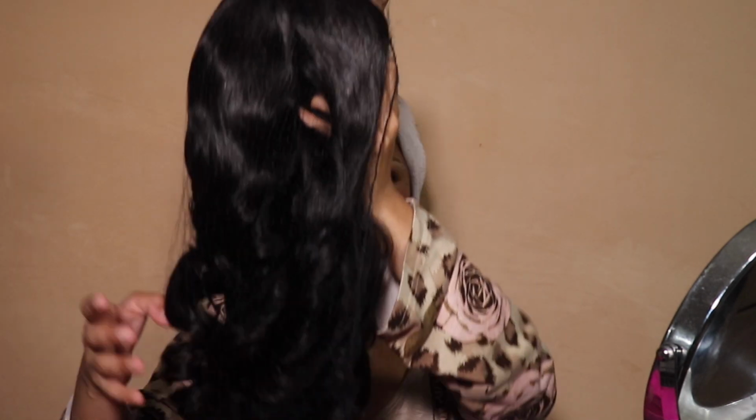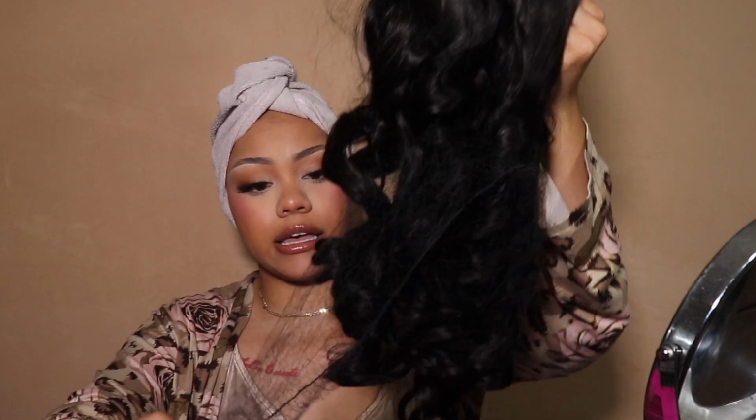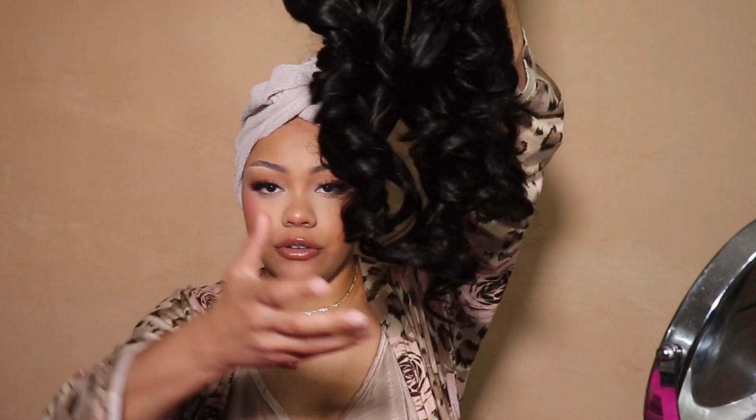It got a little curl in it, and usually I'm good for washing a wig before I install it, but today I'm feeling lazy. I'm gonna be real. I'm gonna use it how they said to use it. They said put it on out the box. I'm gonna see what they talking about and why they said that. But did I really want to wash this at first? Yes. But I got a little curl, and I thought the curl would be cute for what I'm trying to